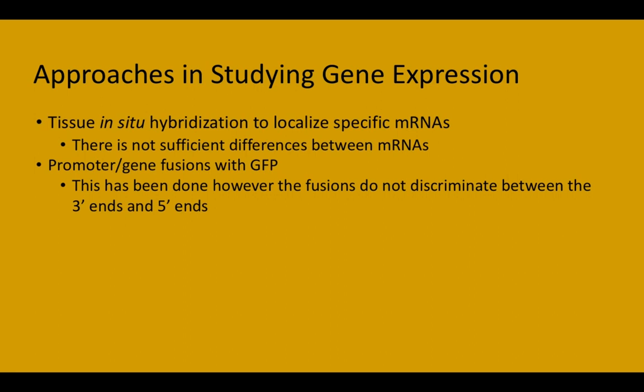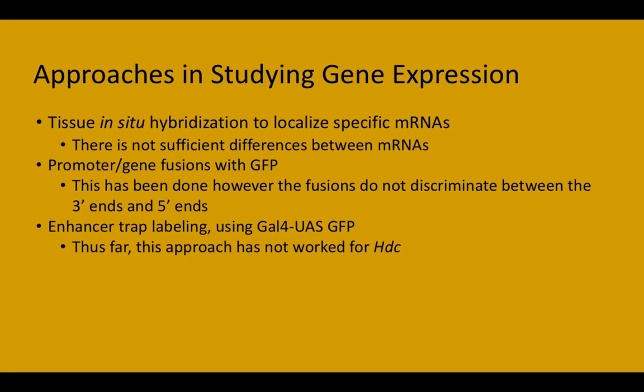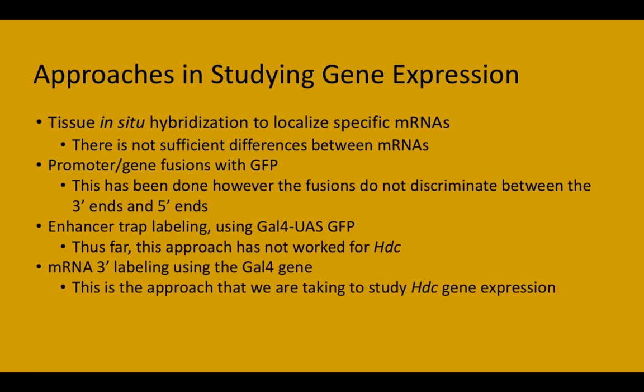However, the fusions do not discriminate between the 3' ends and the 5' ends, so it will not be useful for our purposes. Another method is enhancer trap labeling using Gal4 UAS-GFP, but this approach has not worked thus far for HDC. Finally, we can use mRNA 3' labeling using the Gal4 gene, and this approach is what we took to study